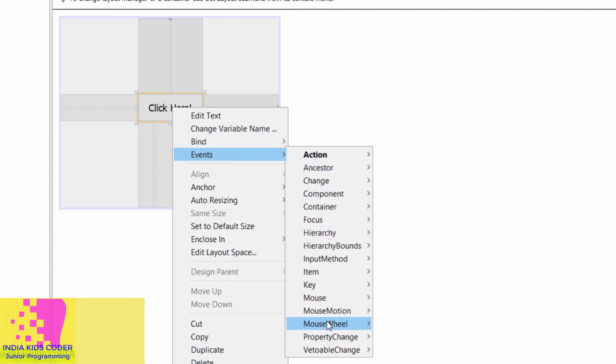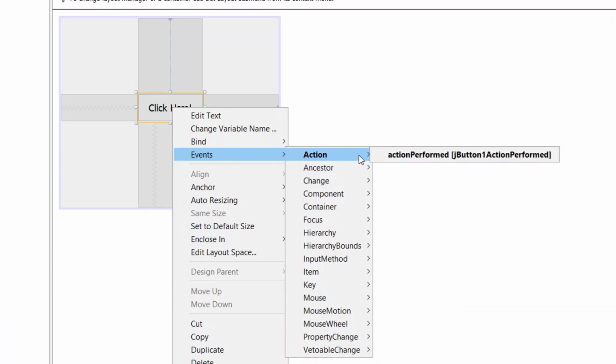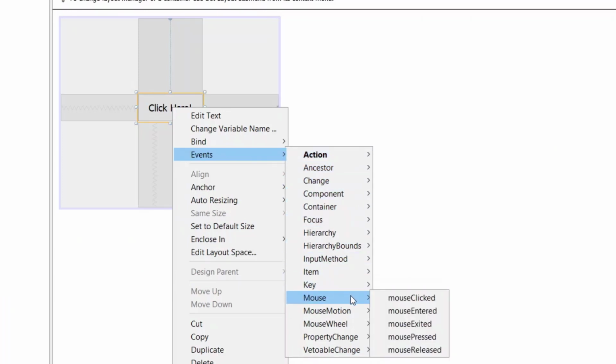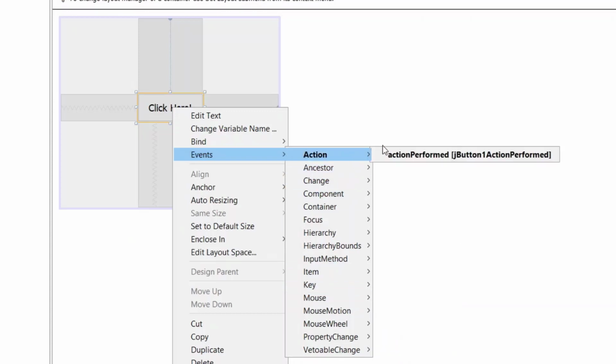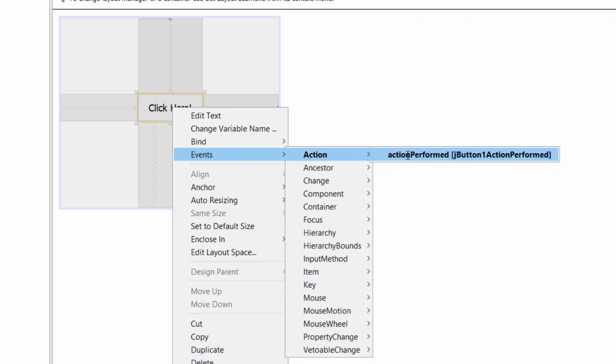Or you can go to mouse also, mouse clicked or mouse entered. Mouse clicked and action performed are approximately the same, but we will not use mouse click, we will use action performed instead.